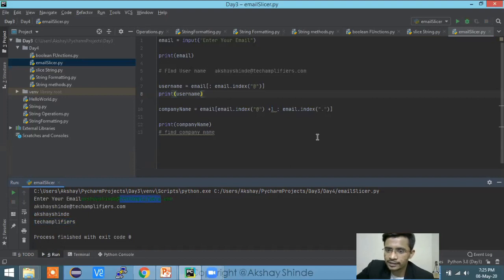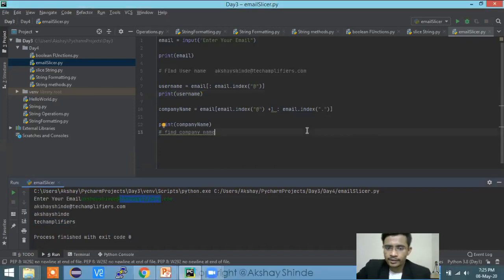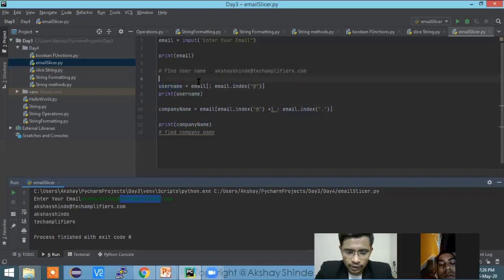Okay, not getting it? What is it that you are not understanding, Abhishek? See, we'll go through this again. What we just did is we took an input. Okay, fine, perfect. So you understood that if you want to print the username, you have to give an index, right? So email of